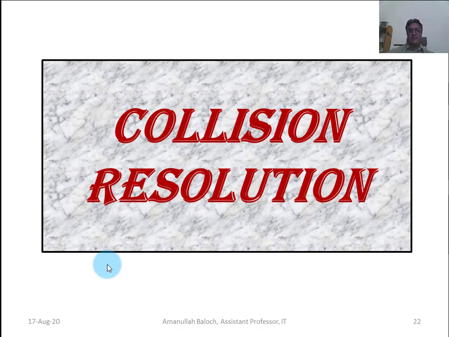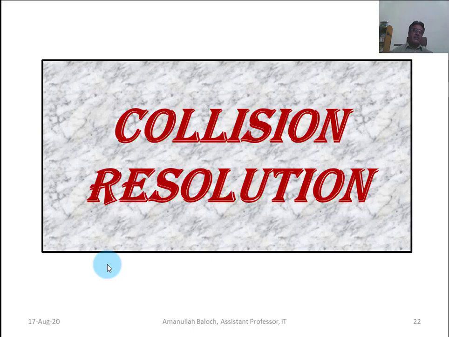and in this manner they resolve the issue and start their journey. This is the daily life example of collisions, how the collision occurs and how it is resolved, that some blank or available location is given to one record and the other takes the original location.